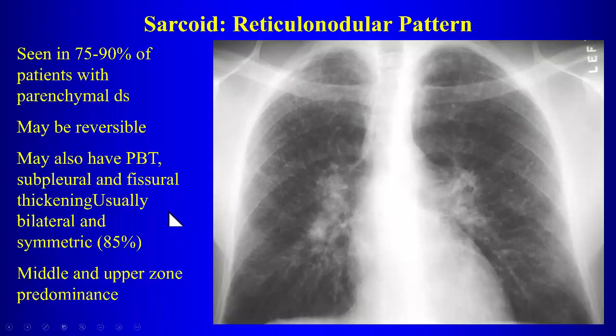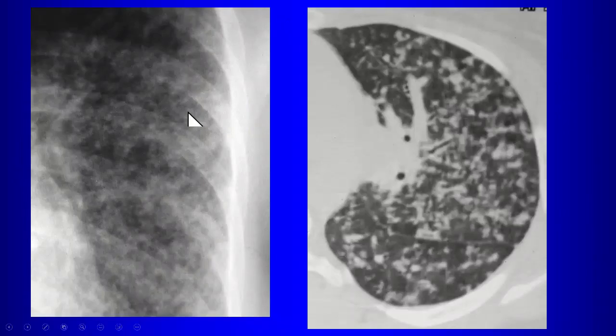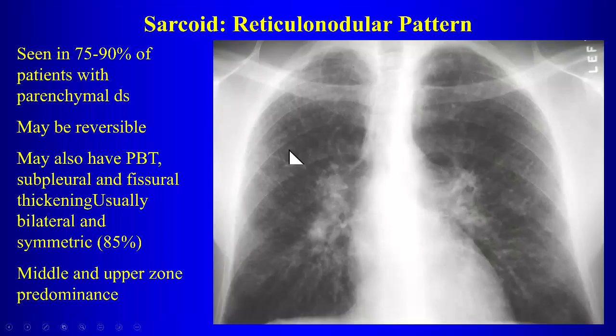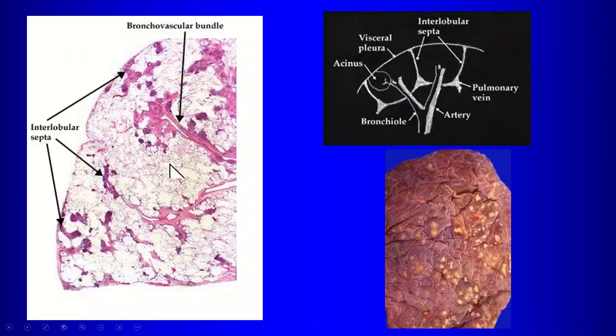Okay. So sarcoid can give you a reticular nodular pattern, mid to upper lung distribution of abnormalities. The clue is always you have bilateral symmetric hilar lymphadenopathy. Whenever you have bilateral symmetric hilar lymphadenopathy, always consider sarcoid in your differential diagnosis. Okay? And then we can have nodules with sarcoid, but what might be characteristic with